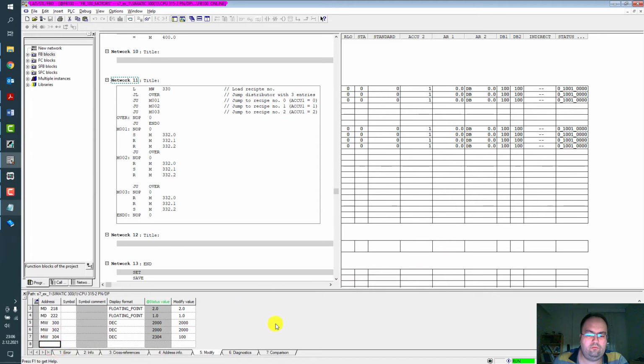And let's try to use the next case. And I have to say jump unconditional to over and end here.